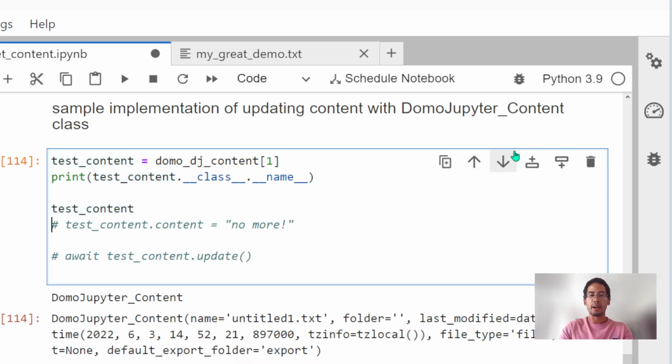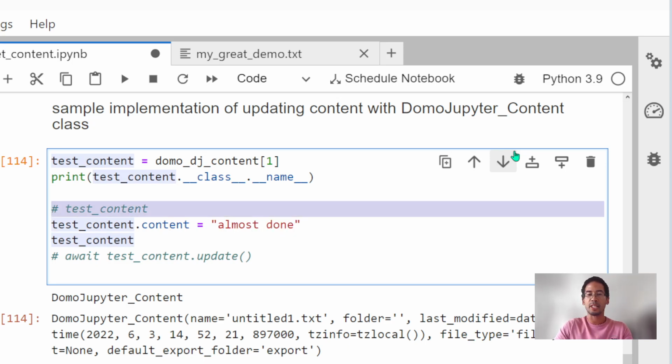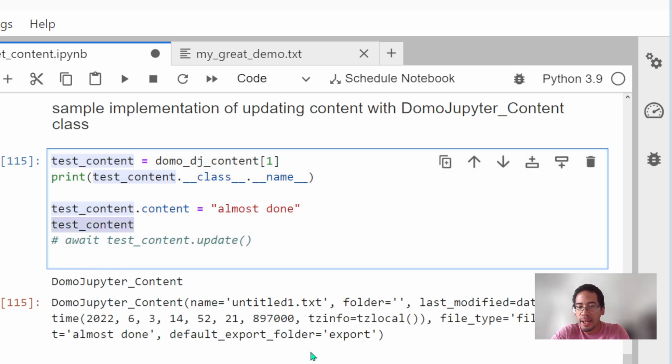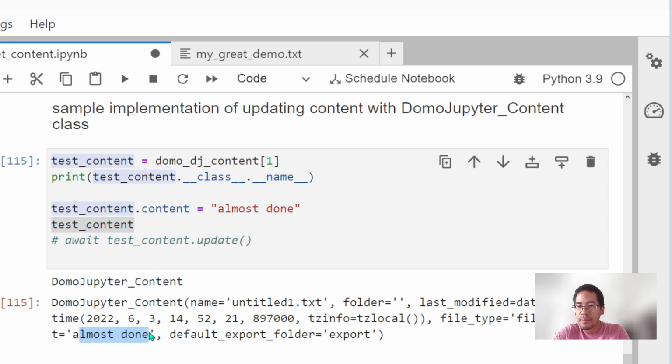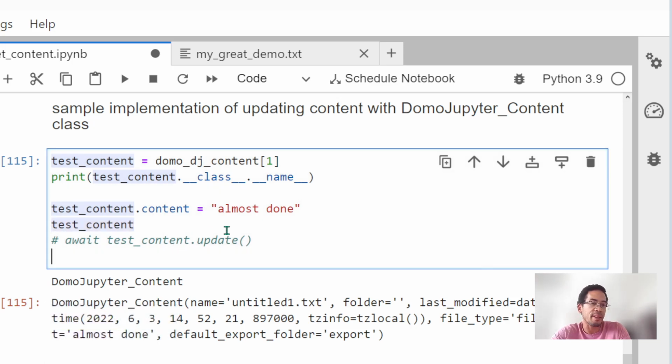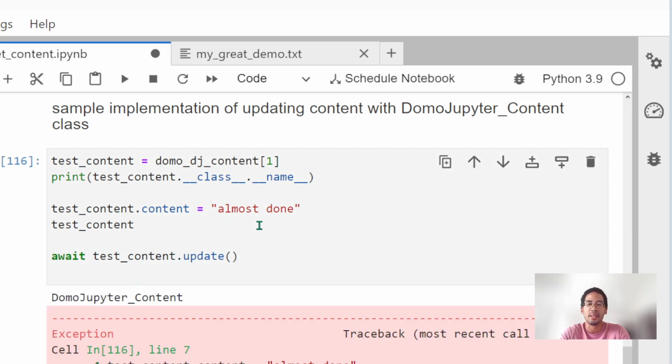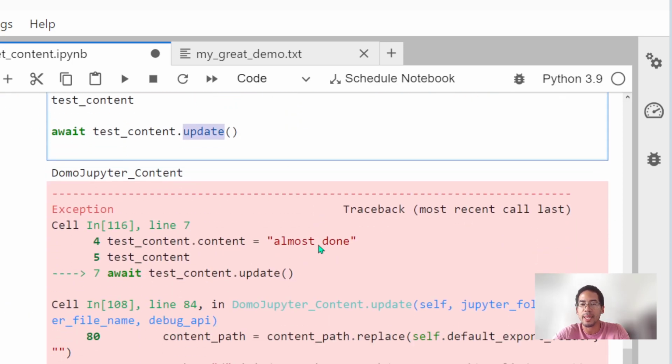And we are going to set the value of content to almost done, and then I'm going to print it. Content. Okay, so now as I print test content, the content is almost done, but I actually haven't updated it yet. So let me go ahead and uncomment this, and we're going to run the function called update, and of course